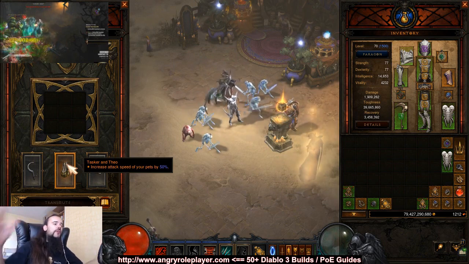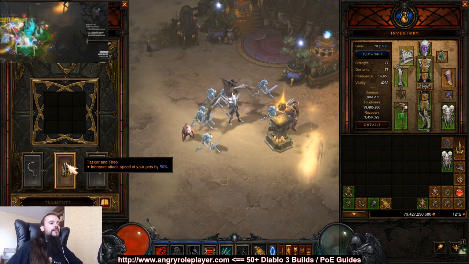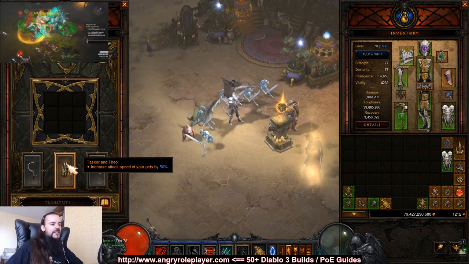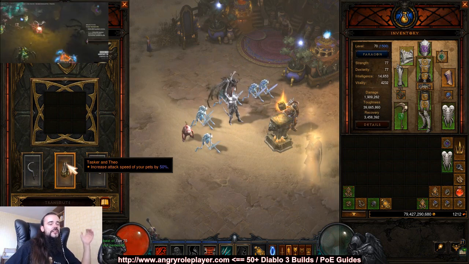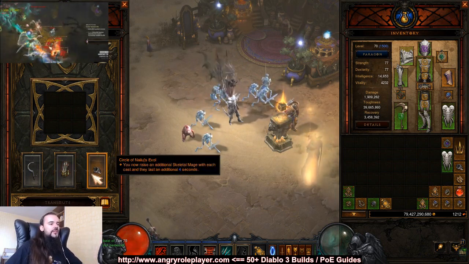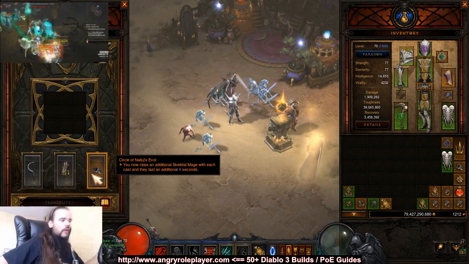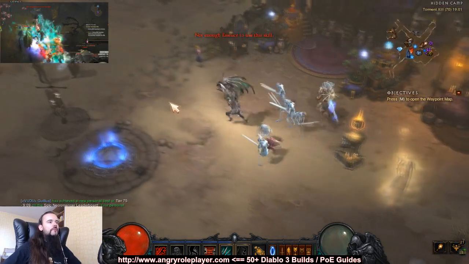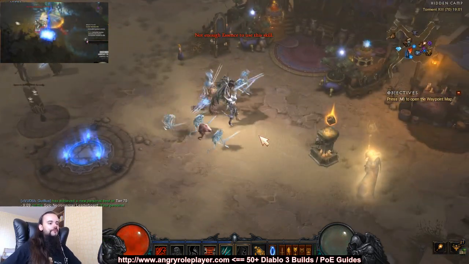It's just a straightforward pet damage multiplier right here. They attack like crazy. And don't forget that the faster attack speed of the pets also increases the healing they give us. And that's it. And this ring, Circle of Knighthood Evil, you now raise an additional skeleton mage with this cast. So basically instead of one mage, we immediately